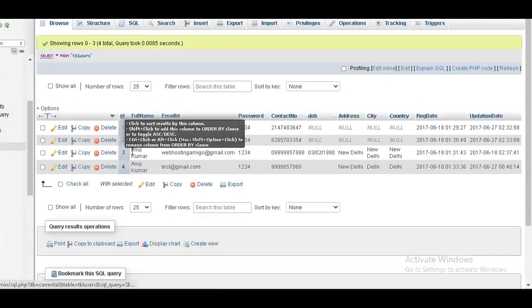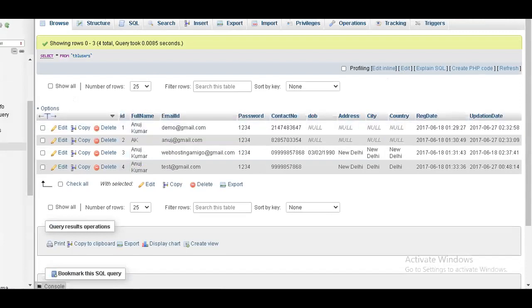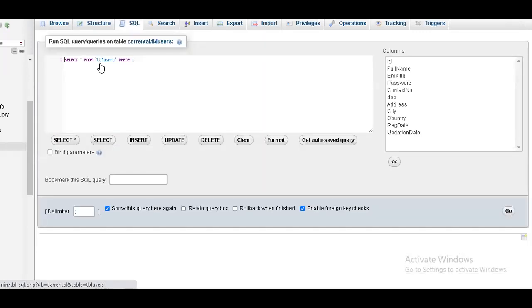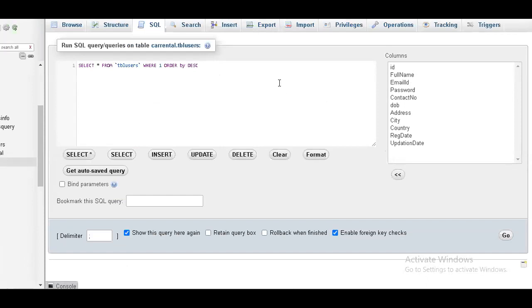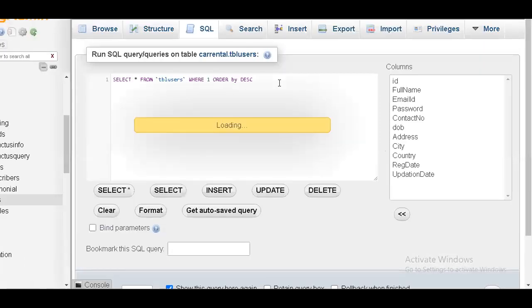Yeah, here I have some tables. So I have some records from the table user. So I want to order this one. Order by, say, descending order. So if I say descending order and I enter, I should get the records in descending order.